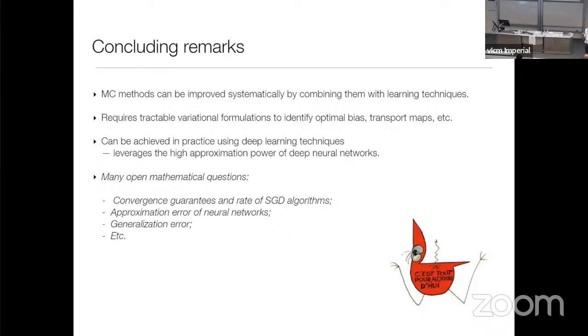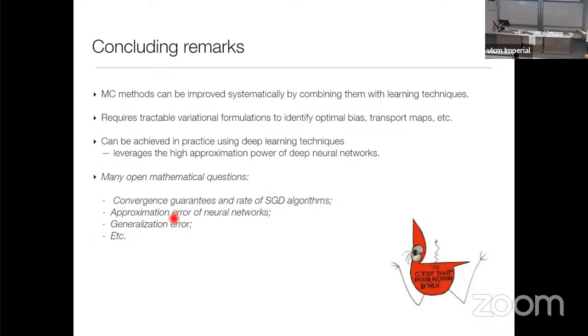And so the state of affairs here is not yet at the level of standard numerical analysis where we can give a priori error bounds or error estimates, because actually we don't really know what is possible to do with deep neural networks. In particular, we don't know what the approximation error is, as I just mentioned. We don't know, when we use a stochastic gradient descent algorithm, whether we have convergence guarantees. Can you actually train these networks?